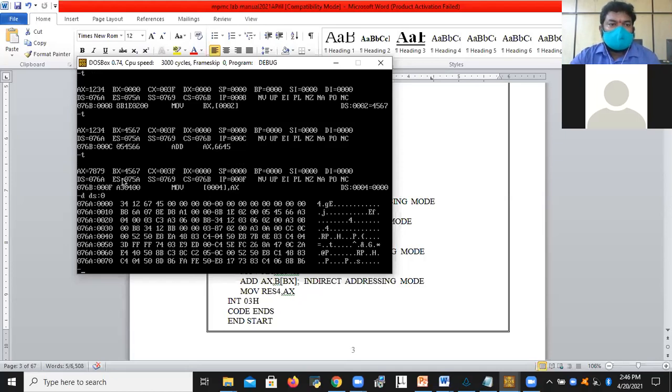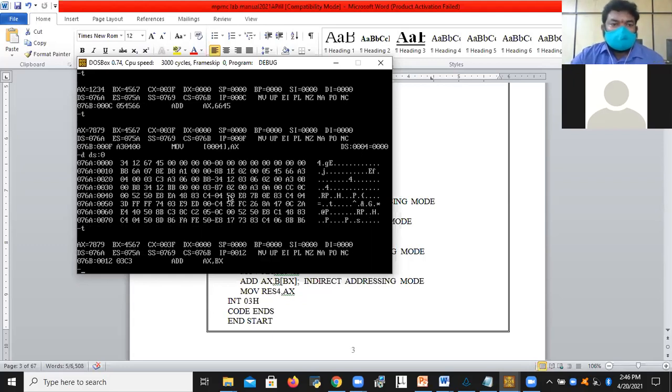Now I am going to fill this with the result one by one, right? So now AX value is 7879. I am going to copy this 7879 into these memory locations. I'm going to do the copy paste operation of 7879 from AX to this particular memory location, right? With the help of this instruction. Now you check the DS data segment value by giving the command.